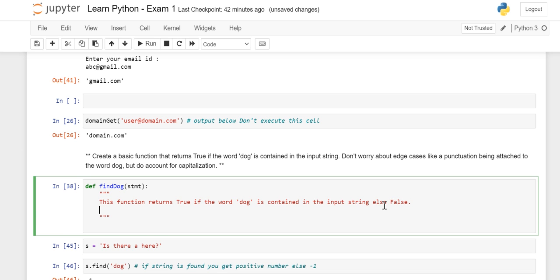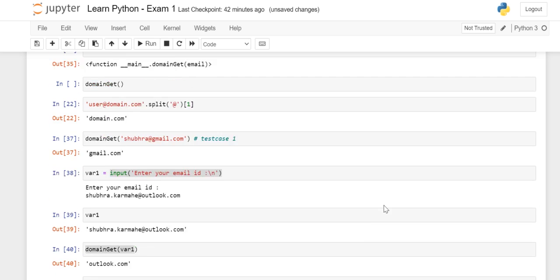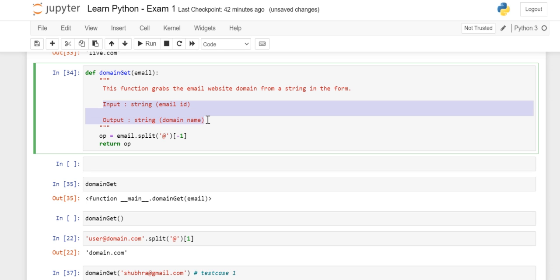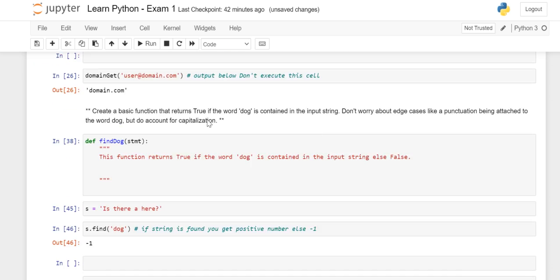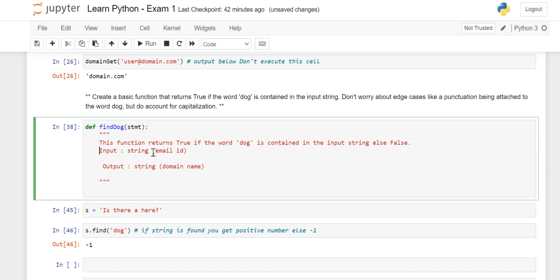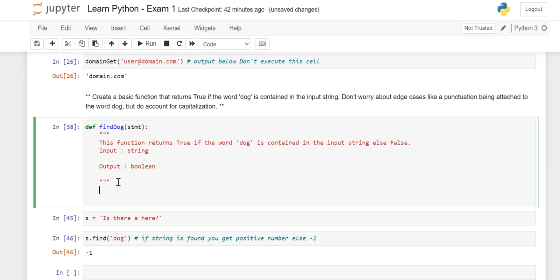All right. Now what is our input and output? Our input is a statement, and output is going to be in the form of a Boolean, either true or false. So now we are good to define our function.